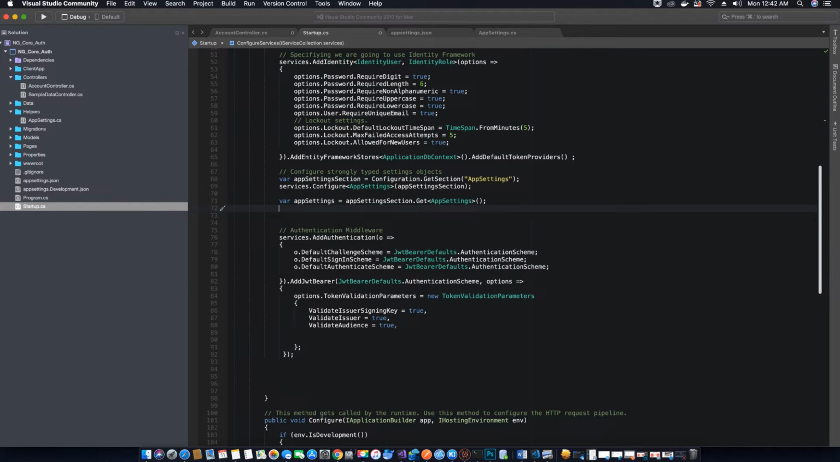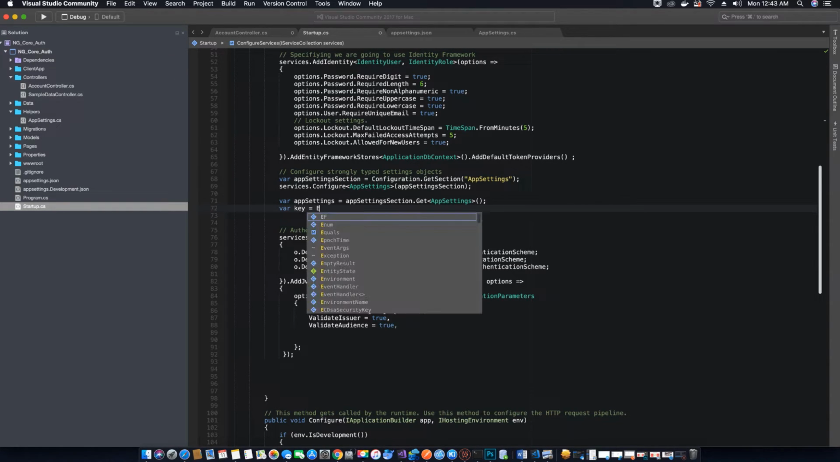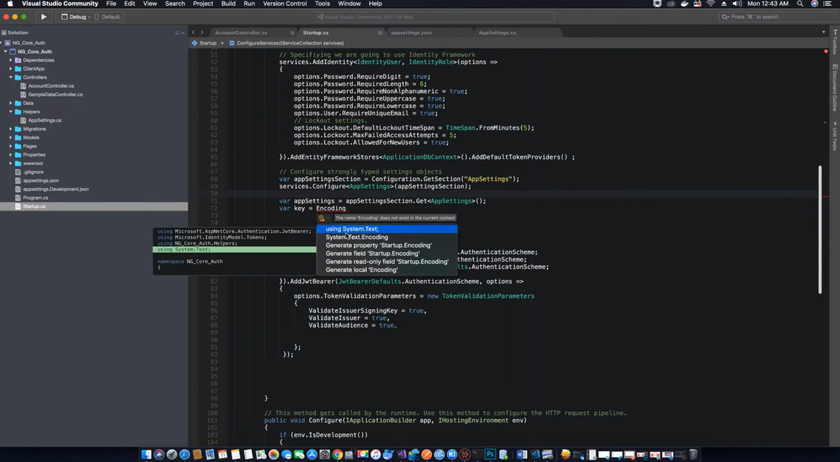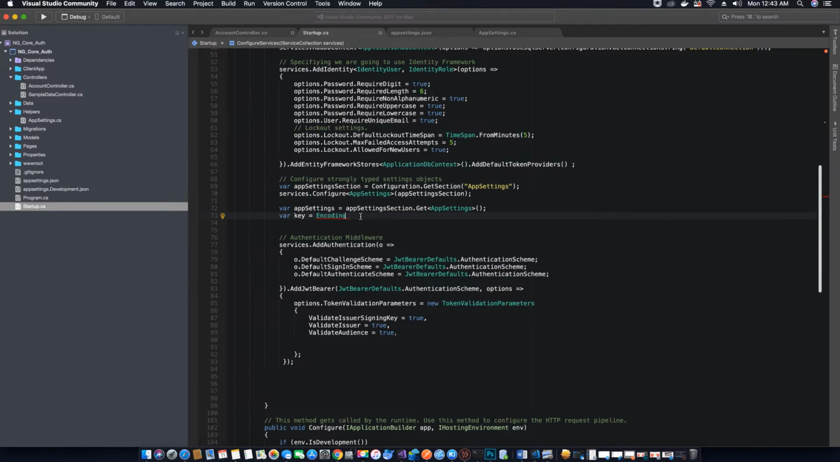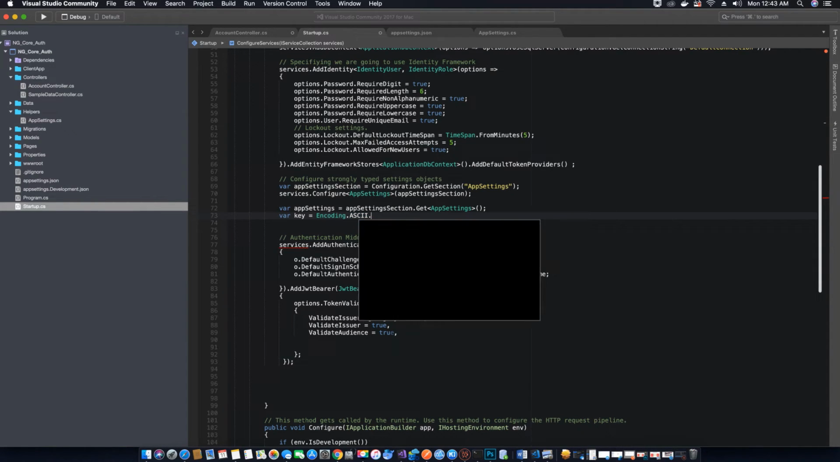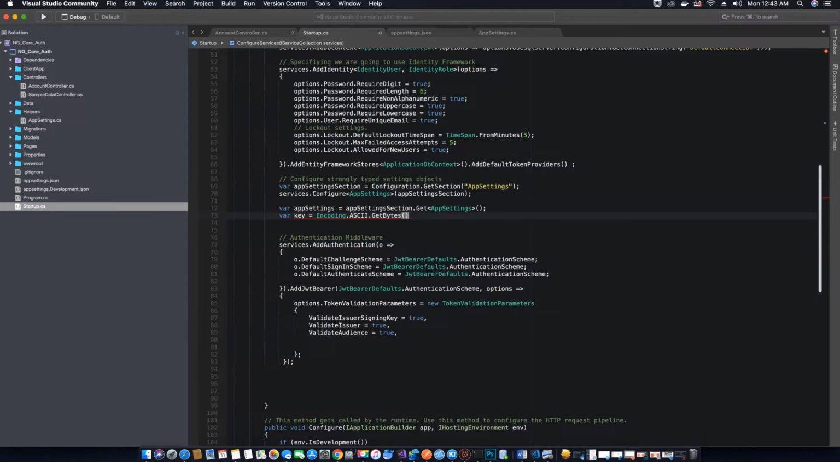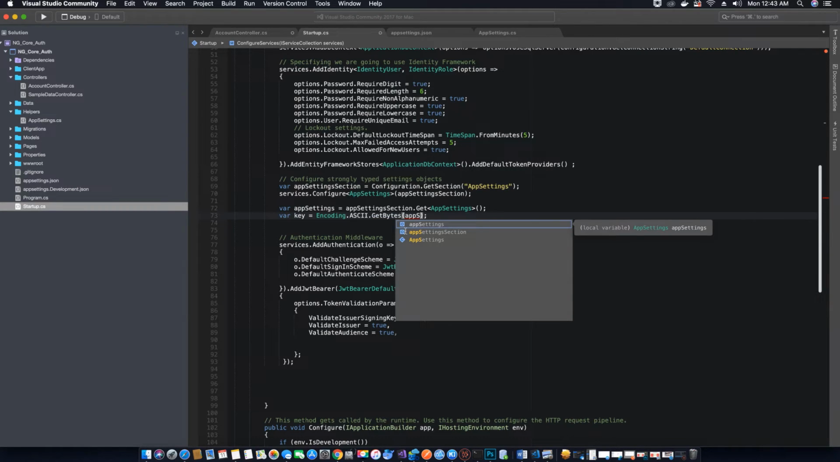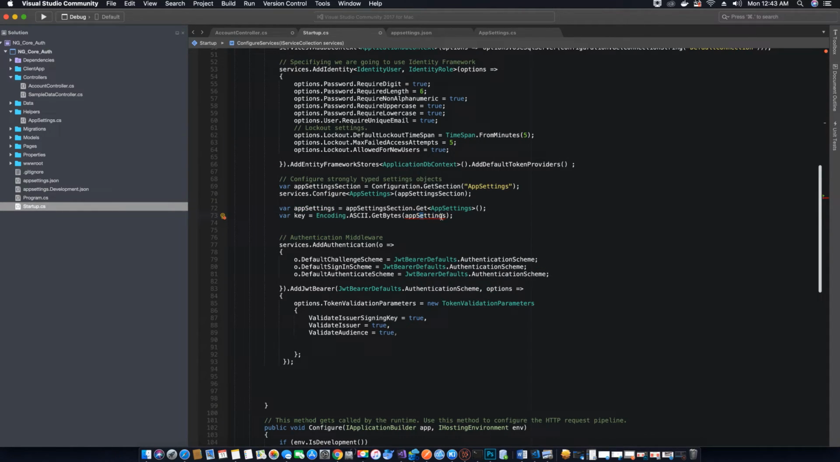on. So one more thing that we need to do is we need to encode our secret key. That's because we don't want others to know what our secret key is, so we will encode it. So for encoding, we use Encoding. Let's add the missing reference. Encoding is available under using System.Text, and then you will use the format to encode. And now we will specify what we want to encode. So it's appSettings dot